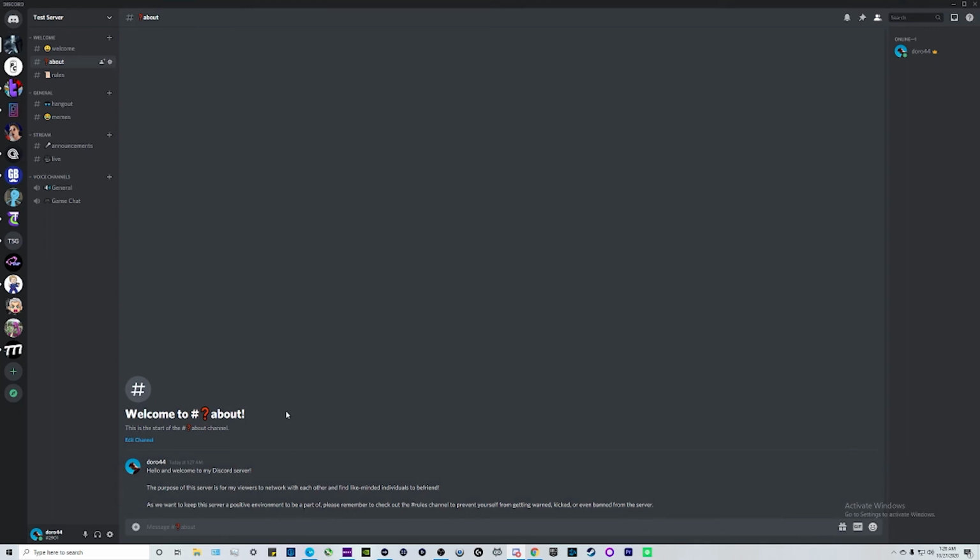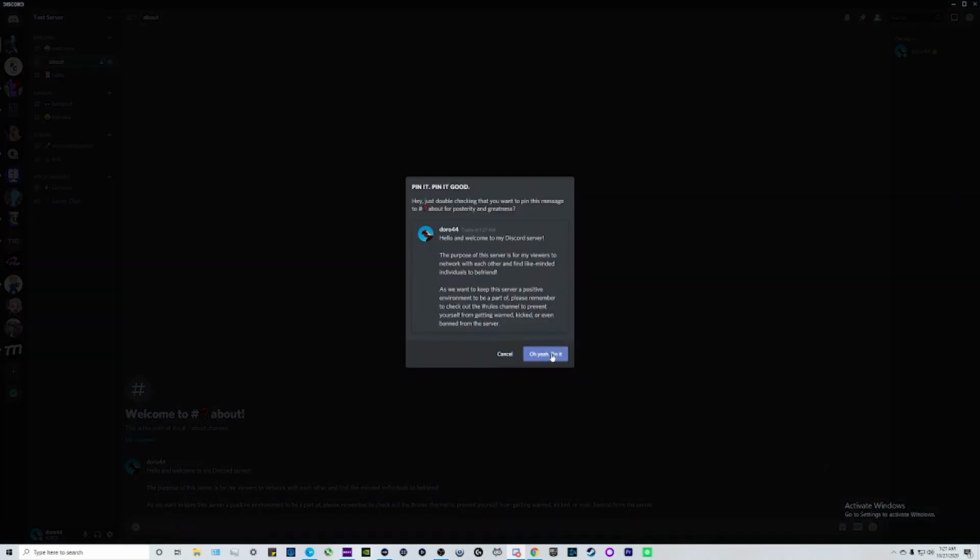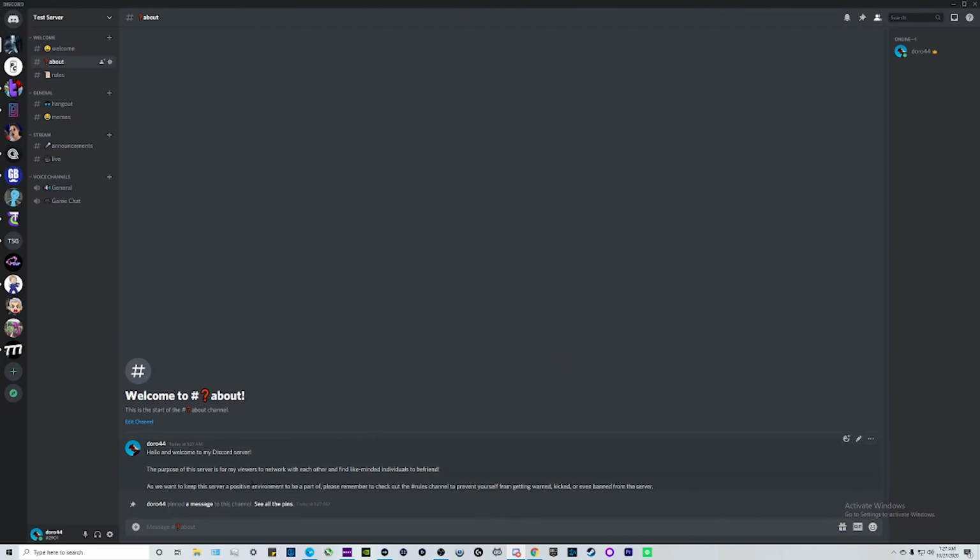right here. And again, we already set our permissions and everything so that nobody can type in here except for the server owner and admins. What I'm going to do as well is, if you highlight the message, you see this little menu that pops up right here. You can edit it, you can add a reaction to it, and then you can click on the more section. So if we click on that, we can pin the message so that this is pinned to this channel forever unless you unpin it and delete it. But put whatever you want in the about section.